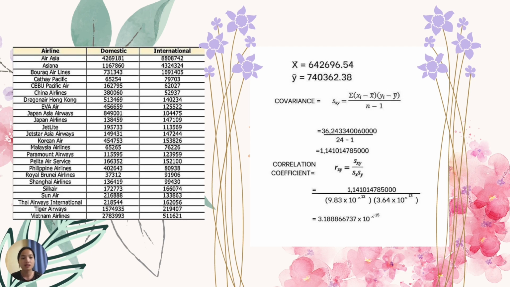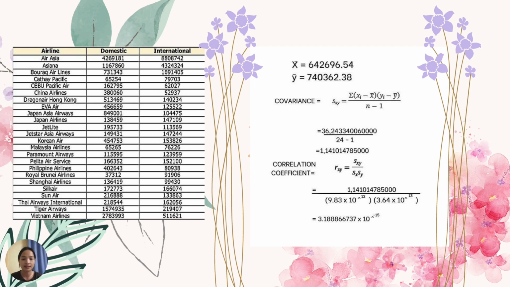For the covariance, the formula is the total of x variables minus x bar, multiplied by y variables minus y bar, divided by n minus 1. So the number we get is 362433400. We divide by 24 minus 1, and we get the answer 11410,